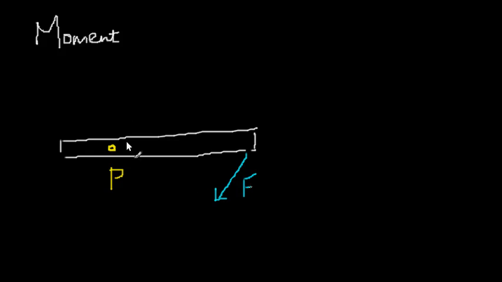Now we can imagine that this force would then cause the rod to rotate about the point P, and we think of it as a turning effect. The stronger the force is, the bigger is the effect, and the further the force is from the pivot, the stronger the turning effect. Also,